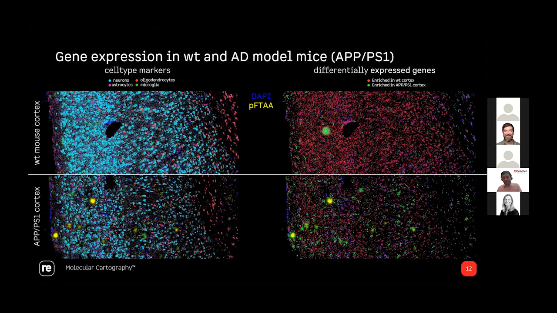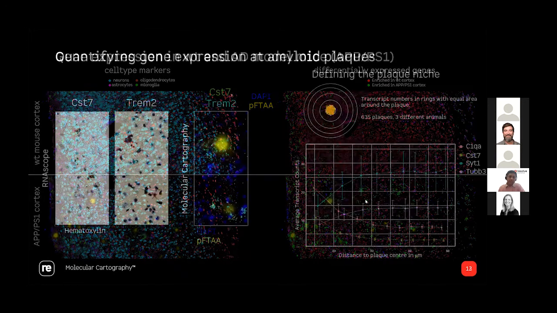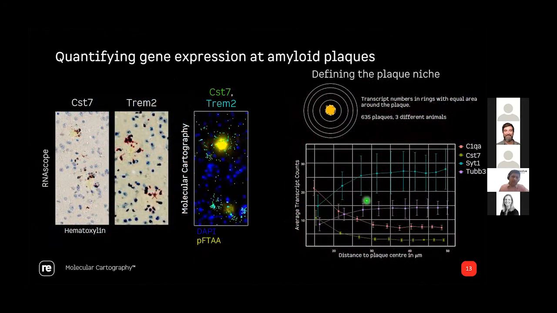Now, what you see on the right side is the same tissue, the same section, but what we are showing essentially are different genes. So red guys are essentially enriched in the wild type cortex, and the green guys are essentially enriched in the APPPS1 cortex. Now we are going to look at it in a bit more quantitative detail. What you see on the left side is RNA-scope data actually. So this comes from Janssen. It highlights 2 different genes, CST7 and TREM2. And what you nicely see here is that there is enhanced expression of CST7 and TREM2 in the close vicinity